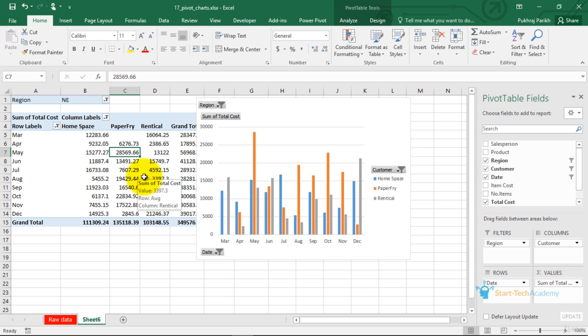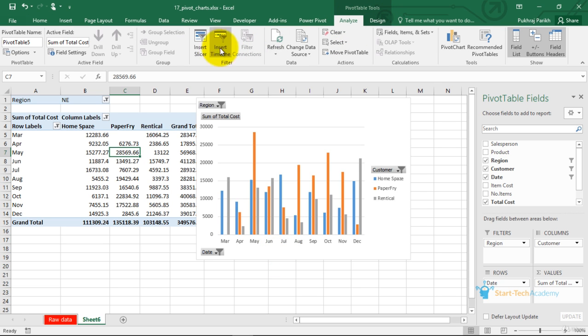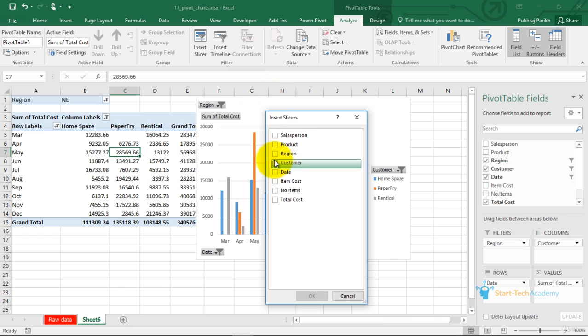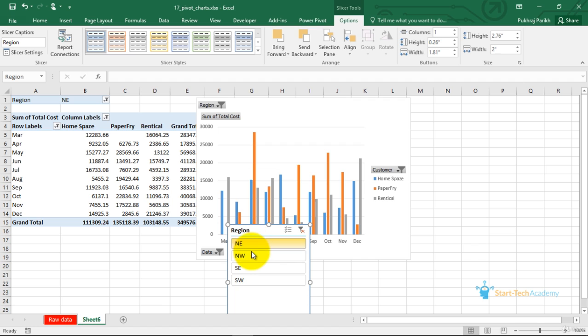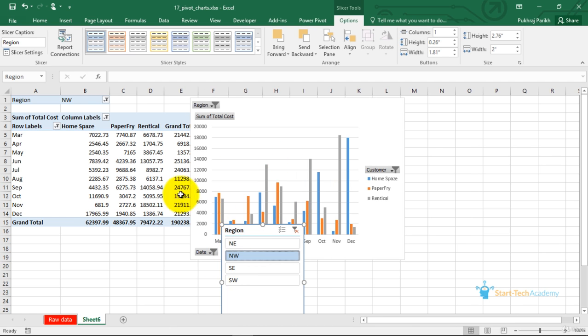Also note that there is an option of creating slicers, which you probably know. If you do not know, refer to that other video that I told you about earlier. So if you have slicers here, for example, if I add a slicer for region and I have Northeast selected here, if I click on Northwest, this table and this chart both will show the data for Northwest. That is, a slicer will work for both the table and the chart.